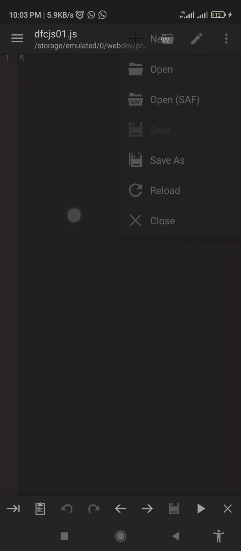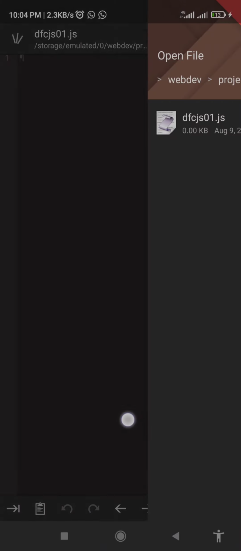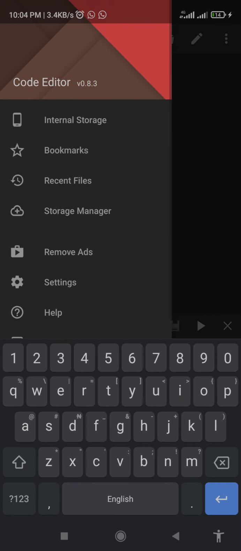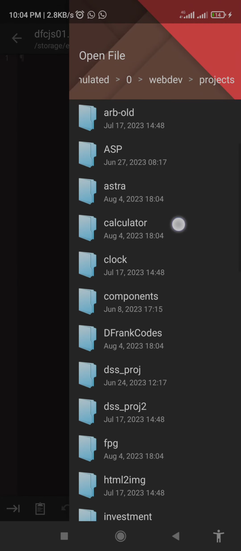So now I want to explain the features of this Code Editor app. So you can see this panel over here. Okay, so that is that panel over there. So firstly, to swipe from the left, we'll bring out this menu here, the same thing as tapping here. Then to swipe from the right, we'll bring out this menu here. So with this, you can easily move between different folders without having to leave this editing side. So projects,